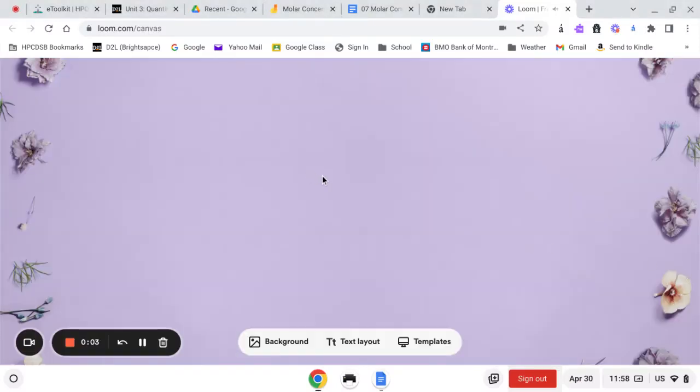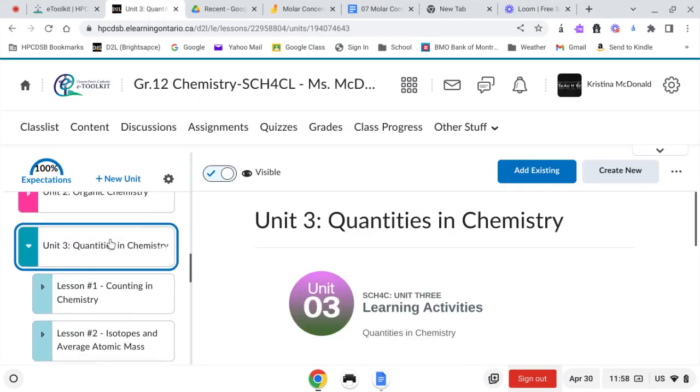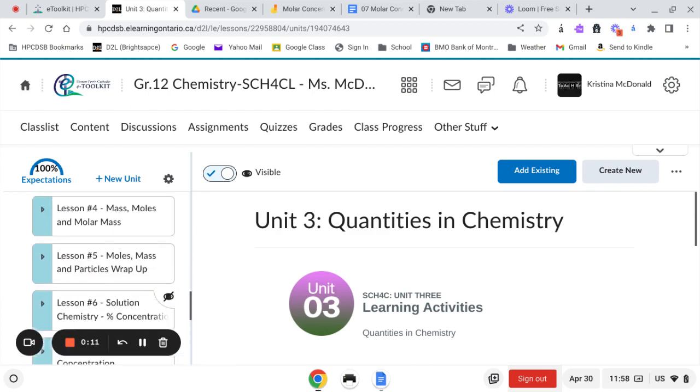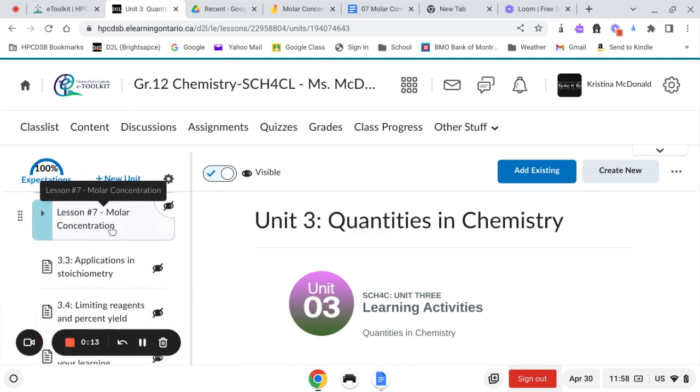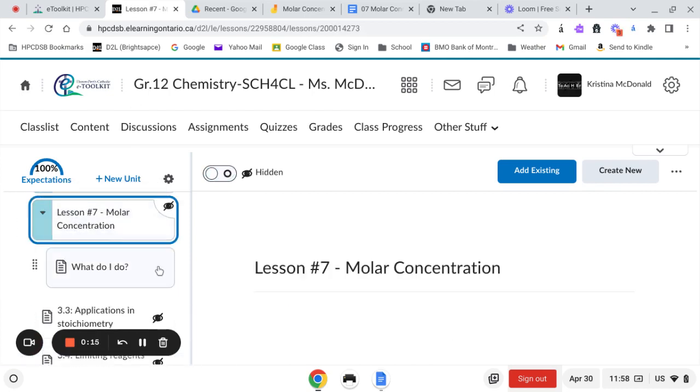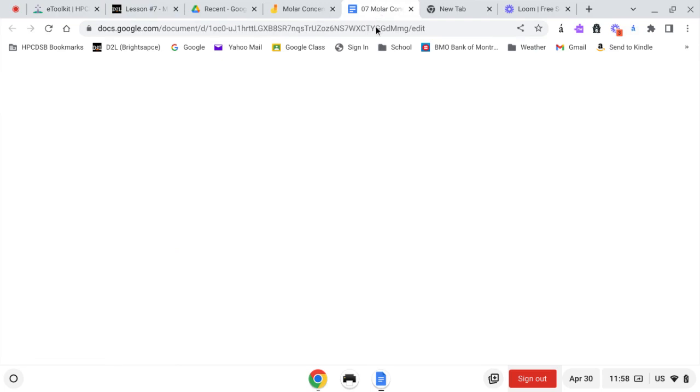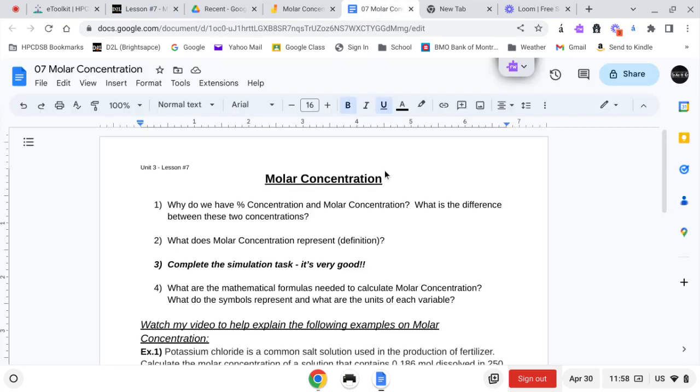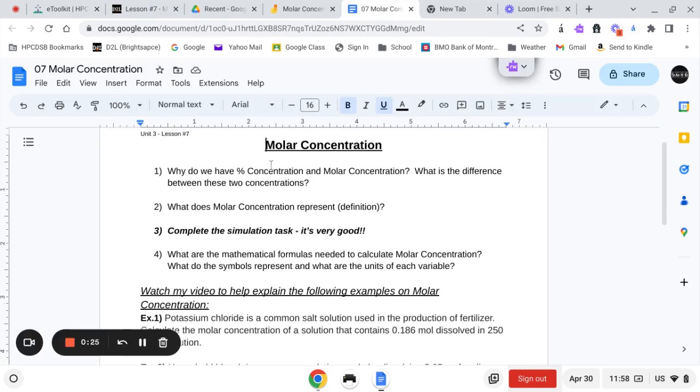Hi everyone, we're going to do some examples on molar concentration for you now. So you will have gone into content and you would have accessed lesson 7 right here. There would be a "What do I do" that will bring you to the summary note on molar concentration. It's right here. And you're going to run through the main resource note and you're going to fill in these